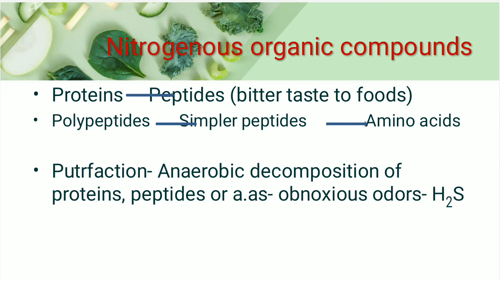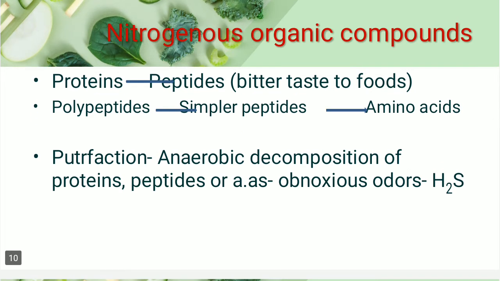Continuing further, we will deal with how the nitrogenous organic compounds change with respect to the food and microorganisms, and then bring in a change which leads to the spoilage of the food. As you all know, most of the nitrogen in food is in the form of proteins, right? So these proteins must be hydrolyzed by enzymes of the microorganisms or of the food, whichever it is, because in food also there are some enzymes, to polypeptides, and these polypeptides will be broken down to simpler peptides or amino acids before they can serve as a nitrogenous source for most of the organisms.